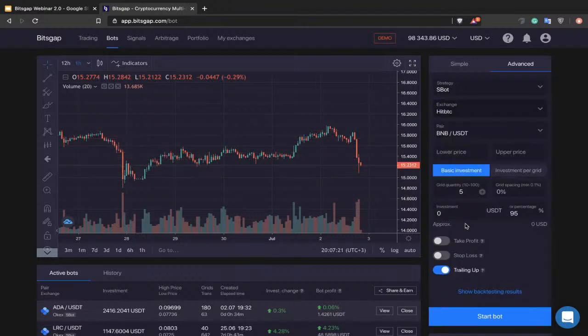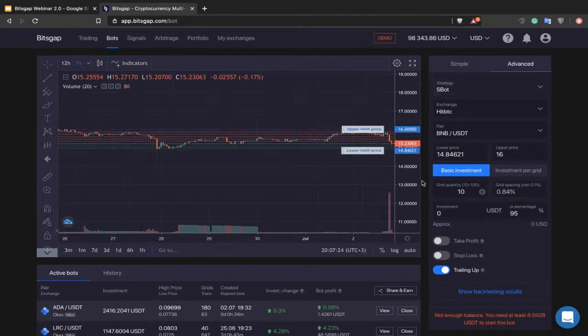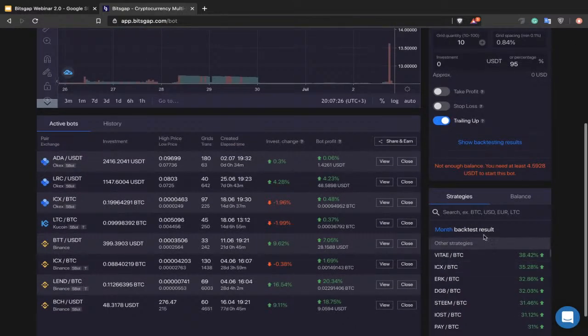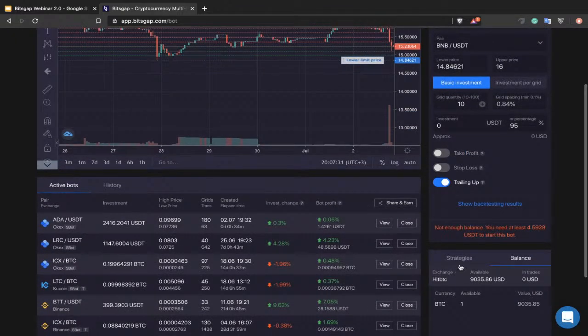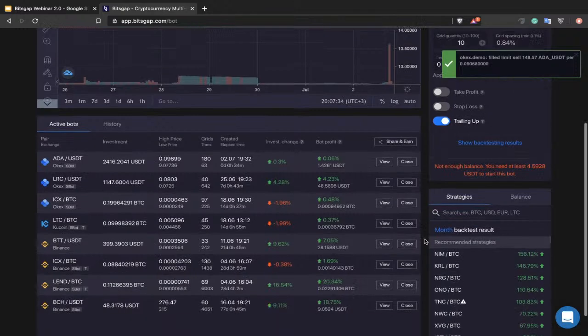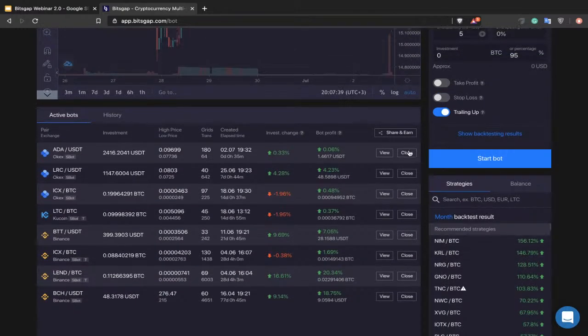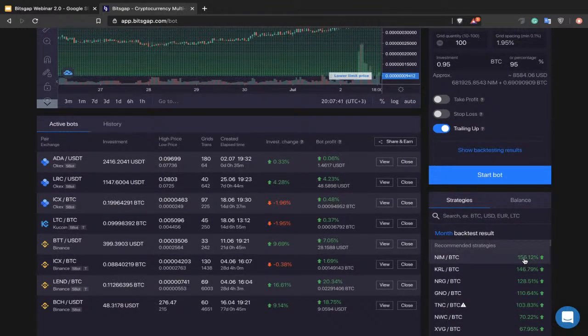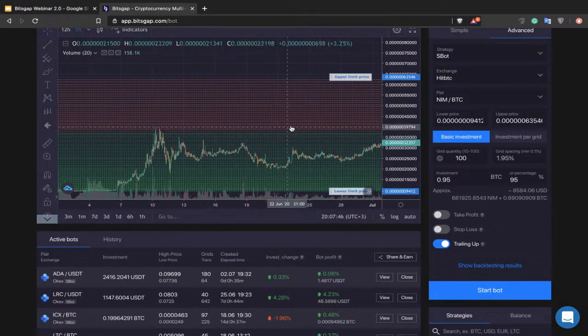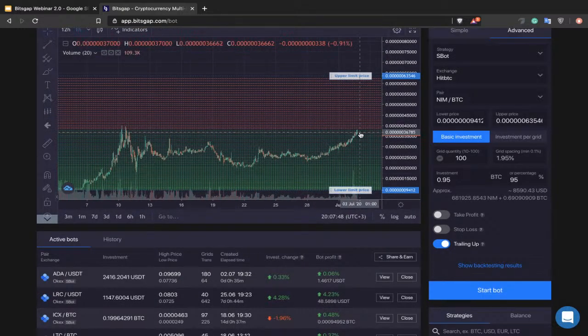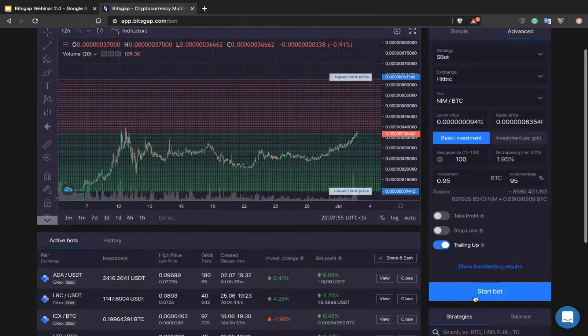So let's say you are trading at HitBTC, and let's see what I have. I have BTC, and in this case let's choose recommended strategies. In this case it recommends me NIM trading to BTC, as it has managed to make 156% throughout the last month. So it looks like the price will most likely revert from this resistance level, so I'm not gonna trade this. Maybe I will choose